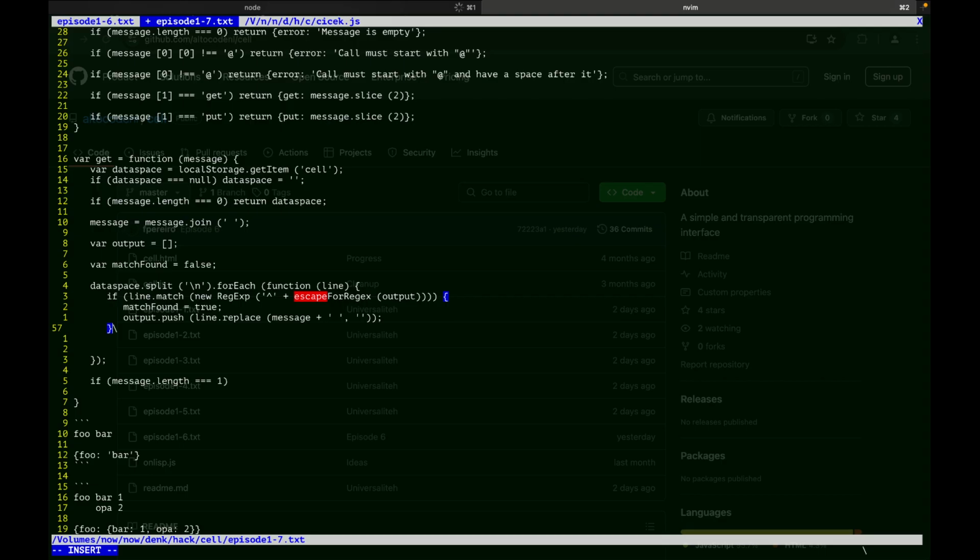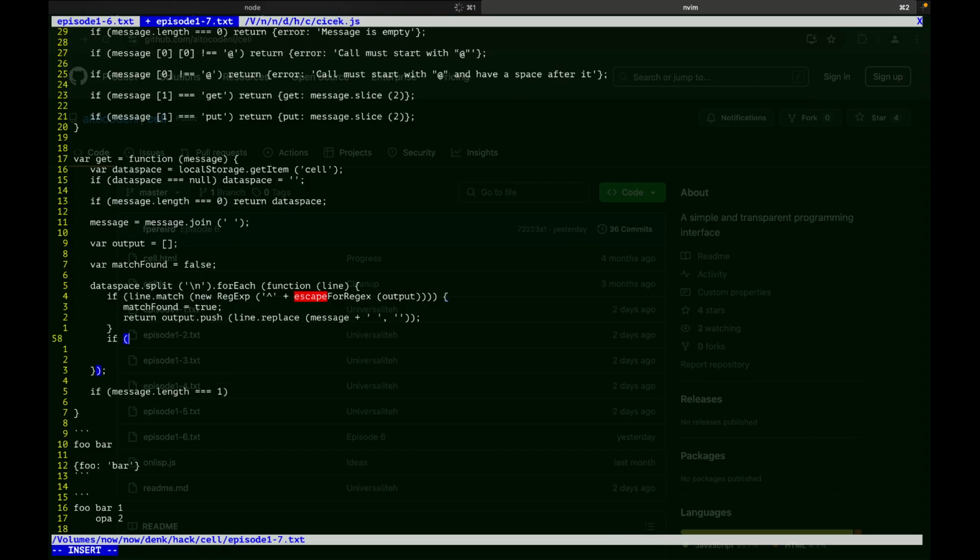So return. We cover the case of the initial line. Now if we're here, if match found, it means perhaps we are in a line below foo. So we need to check if there's enough space. What's enough space? What counts as within foo? Well, anything that is immediately after foo